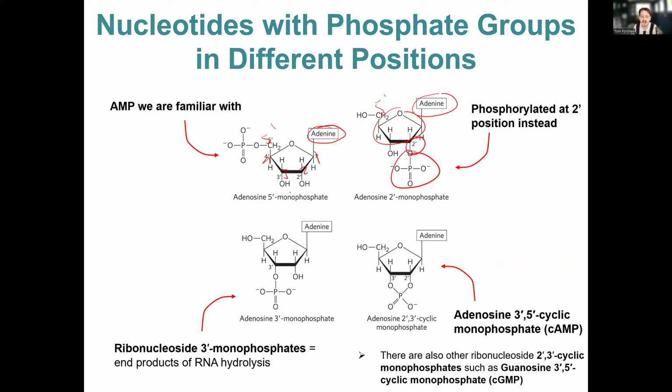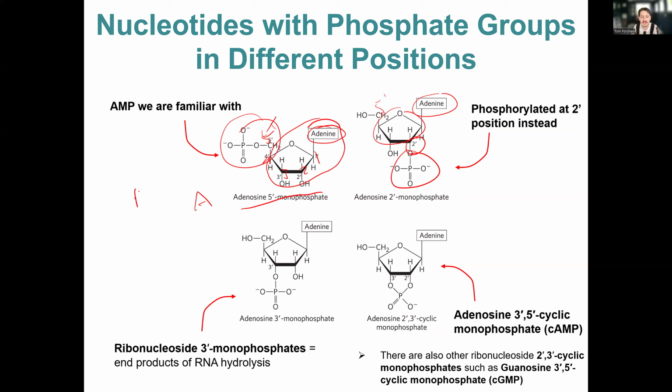So this is adenosine 5' monophosphate. I keep forgetting the prime. Adenosine 5' monophosphate. So this is just the normal A nucleotide that you might have in genetic material,